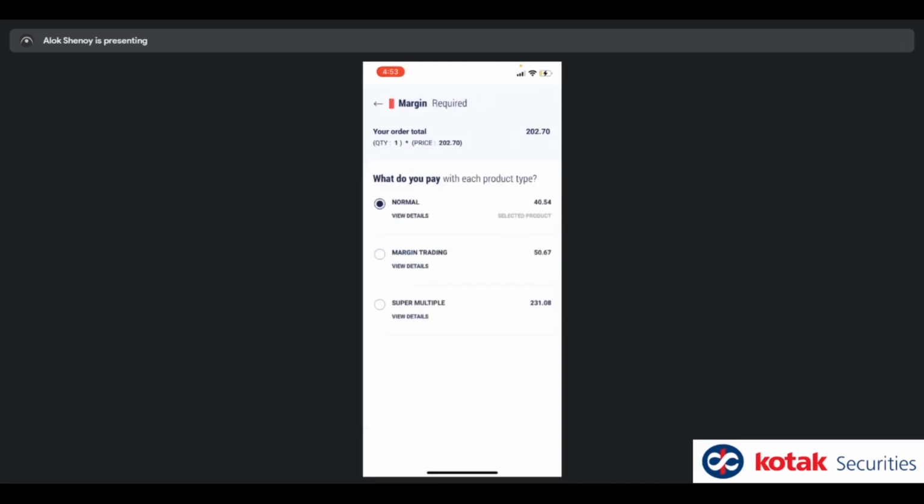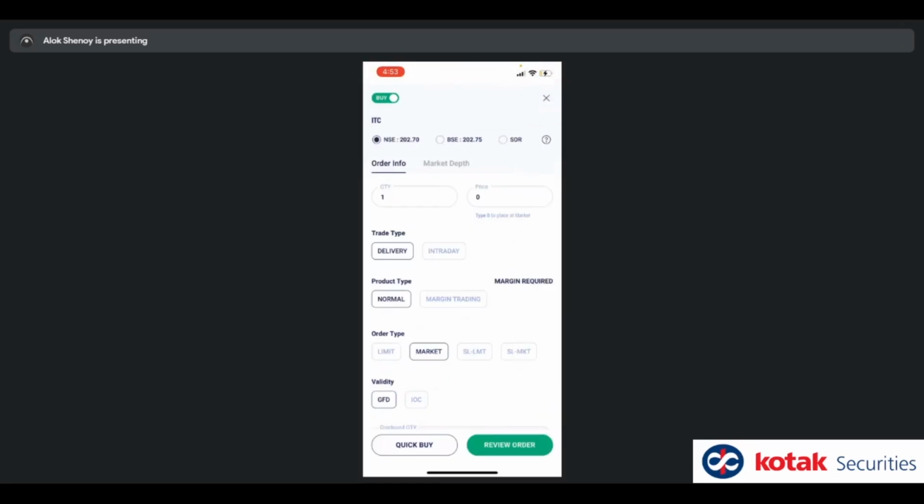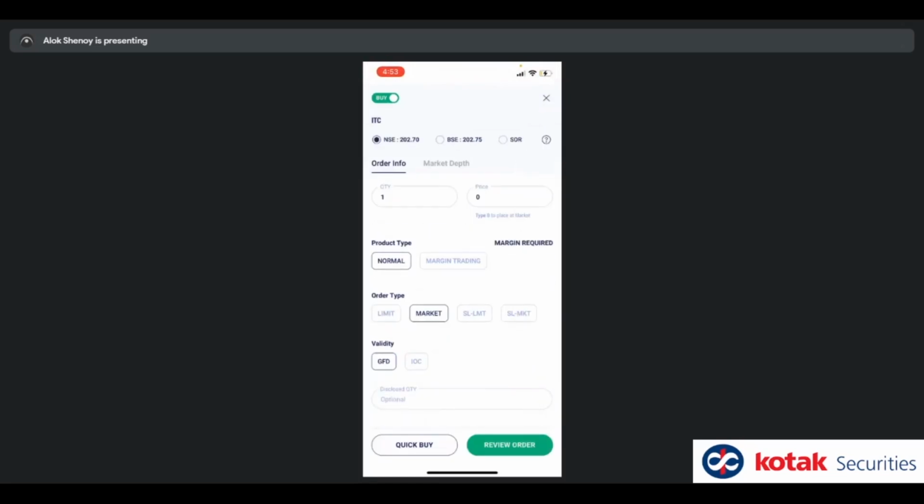You can actually read further if you want to understand more details of how margin works and how we provide leverage, etc. You can understand from this description. Okay. Now, in order type, you can select limit, market. These selections are available to you. Okay. You've got SL limit, stop loss limit, trigger price opens up as a field, and you can put in the trigger price here. With respect to orders and how to place specific order types, we can take that later. Okay. Right now, I'm showing you the functionality of the application, not getting into the finance aspects of it.